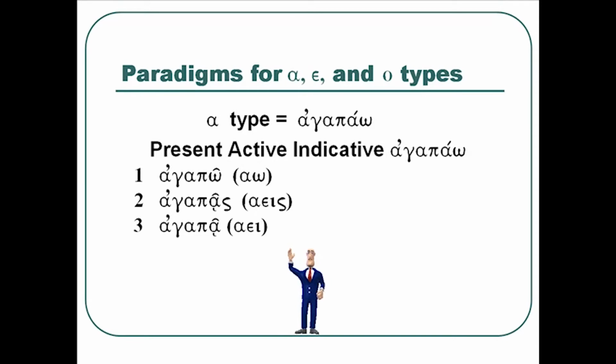And so you see the alpha plus the epsilon iota diphthong becomes an alpha iota subscripting, with the sigma staying on the end. Our third person, he, she, it loves, is agapa with an iota subscript once again. Again, you've got the alpha plus the epsilon iota diphthong, and they contract with the iota being subscripted. So when you see that form with the alpha with the iota subscript, you're going to have to remember that that's actually a third person singular. Be a little trick there. But again, the circumflex may indicate to you that there's been a contraction.